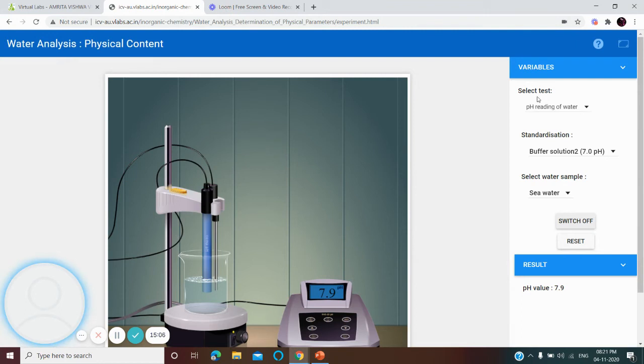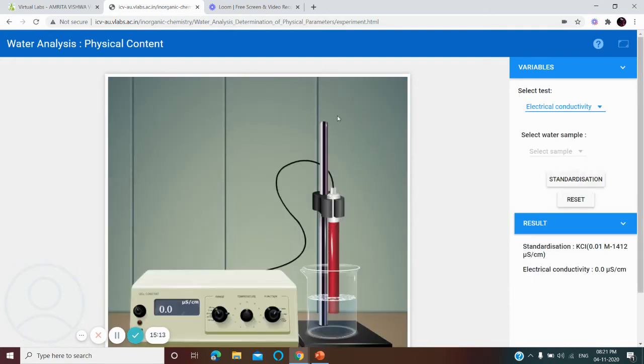Here you have to select electrical conductivity. This is the conductivity meter, the conductivity cell, and the beaker. You have to place the sample solution in a beaker.